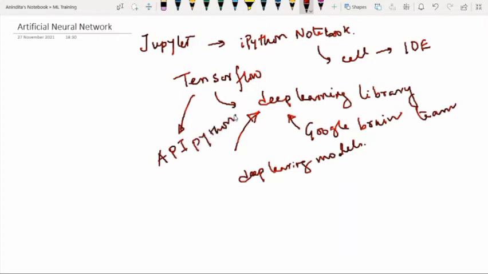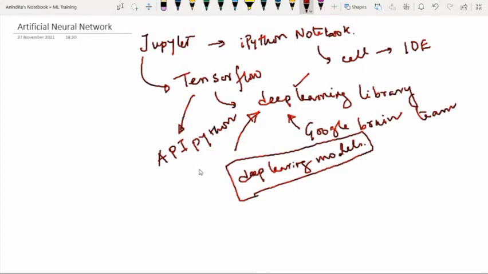So basically, whenever I'm talking about Jupyter in TensorFlow, means we are going to explore the deep learning libraries in order to design some deep learning models. And you have to remember one point, the API which is explored by this TensorFlow is Python. Now you can ask me one question, that is, what is the basic concept of API? See, this API is the acronym for Application Programming Interface.